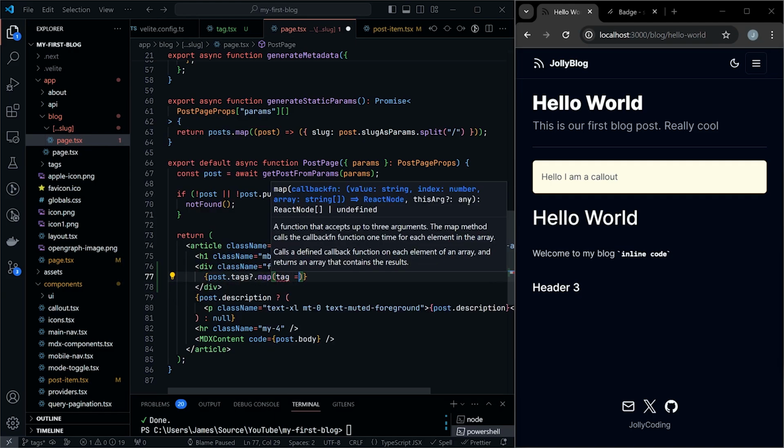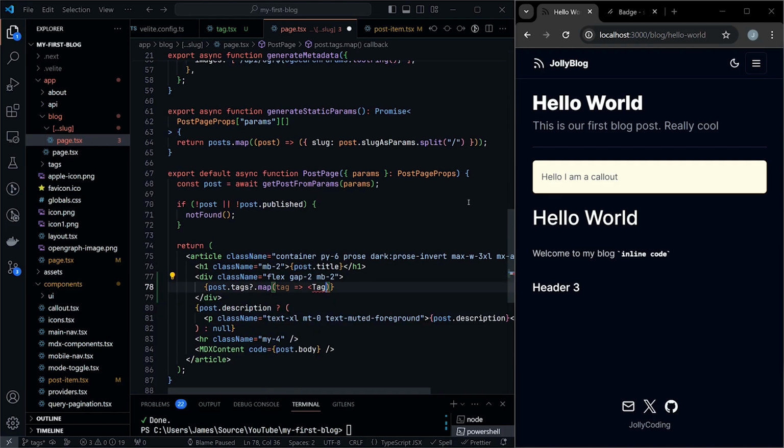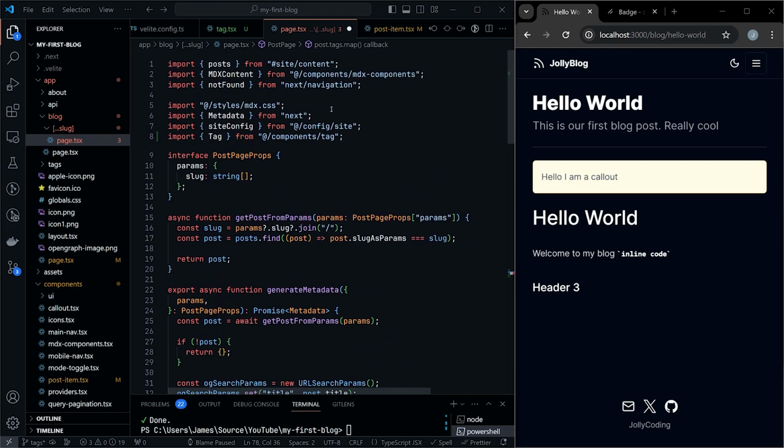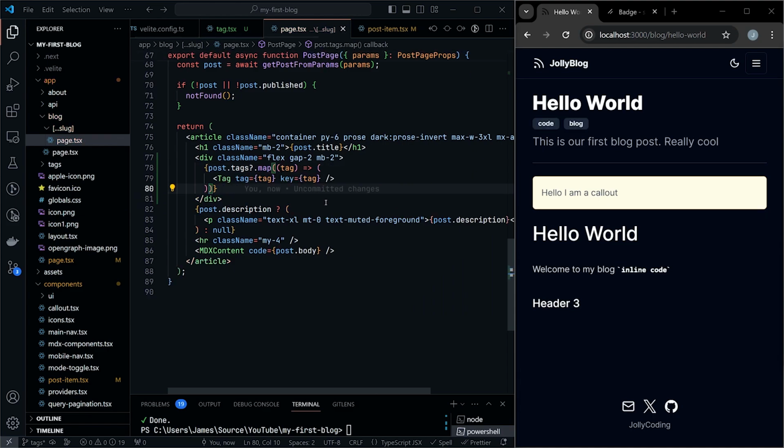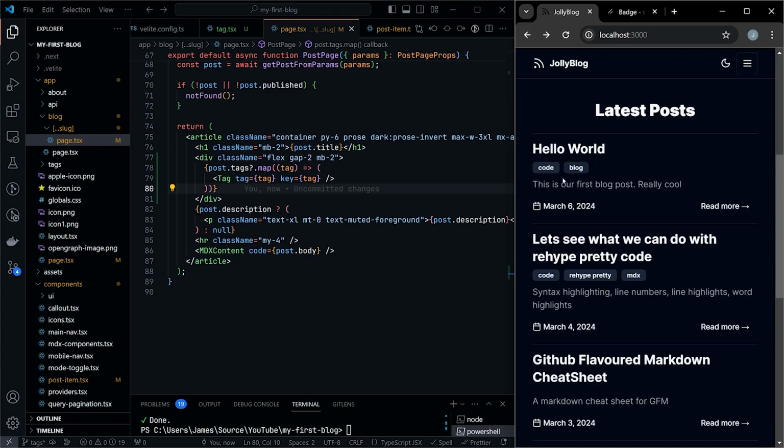And what we'll do is we'll do tag like that. And then we're simply just going to return that tag component again that we used earlier from @/component/tag is where it's being imported. So it's the one we created. We'll make the tag equal to tag, obviously. And then we'll also add a key again, and again, that's going to be the tag key. So pretty similar to what we've just done before. When we go ahead and save that, you'll see our tags are now showing up on our blog post like so. So we've actually now added in our tag items on the blog and also on the sort of post